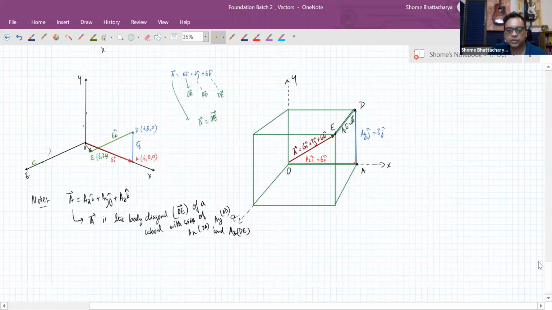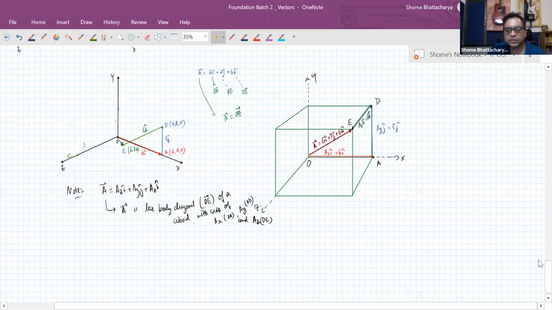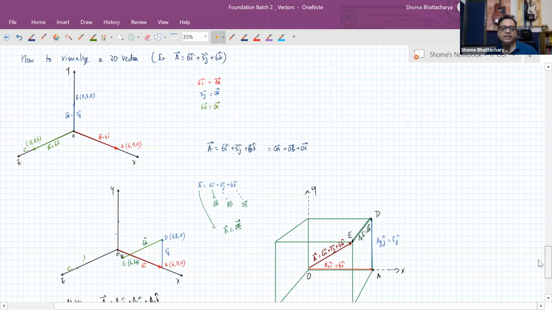In the room in which you are sitting right now, just visualize the three mutually perpendicular edges of the room as your x i cap, y j cap, and z k cap. Then the body diagonal of the room, the one which is cutting through the room from the corner on your front left, no, bottom